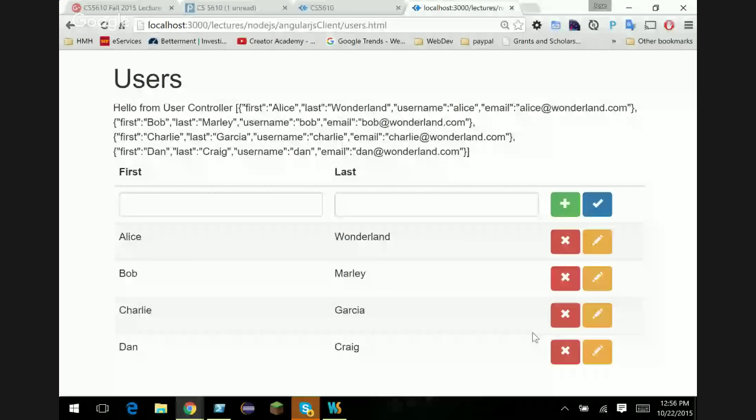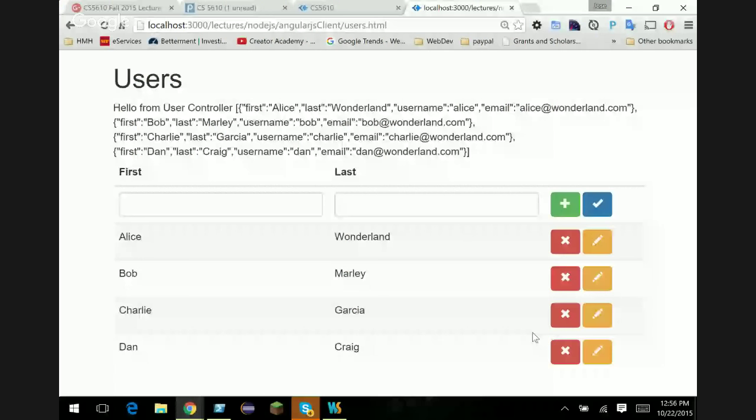And what the check mark is going to do is send an update, right, a put request back to the server with an index saying which user we are updating and the new data for that particular user, right? And the server is going to receive this URL. It's going to parse out the ID, which we're using as an index, and take that particular user in the array and update only the first and the last, right, from the data. So we have the check mark,